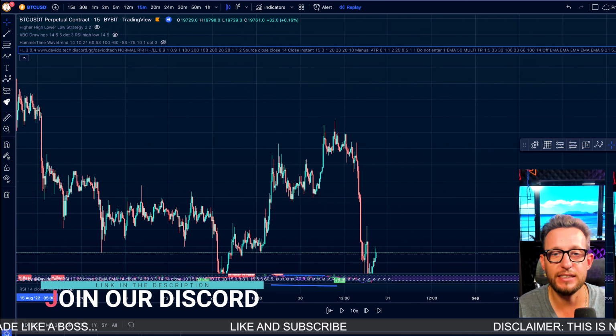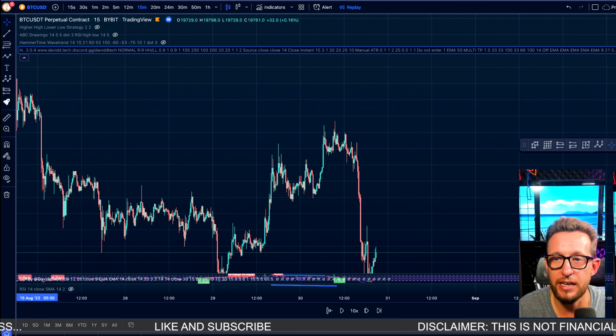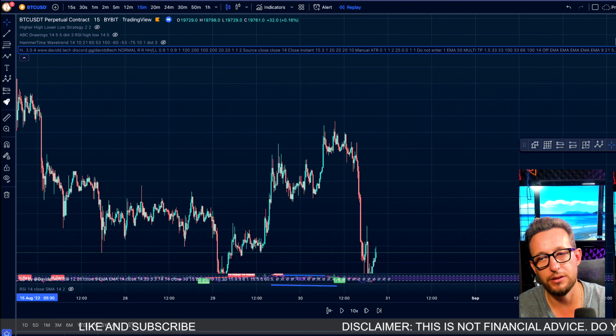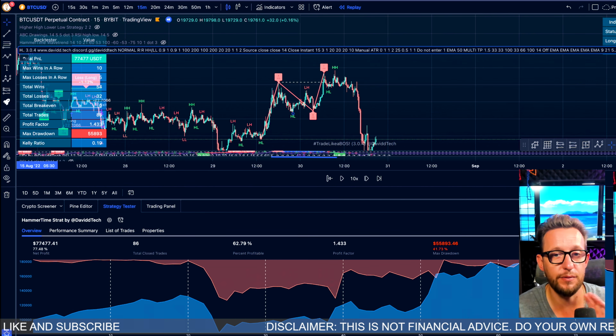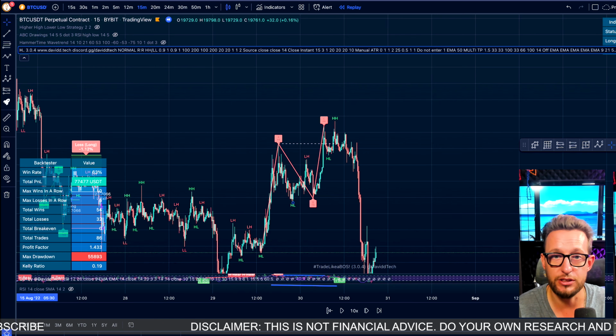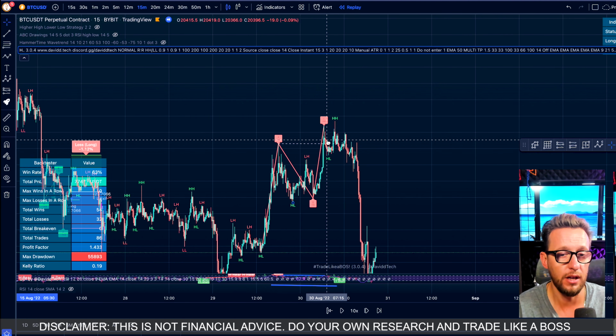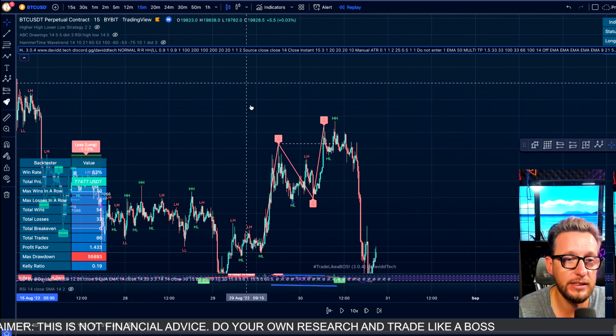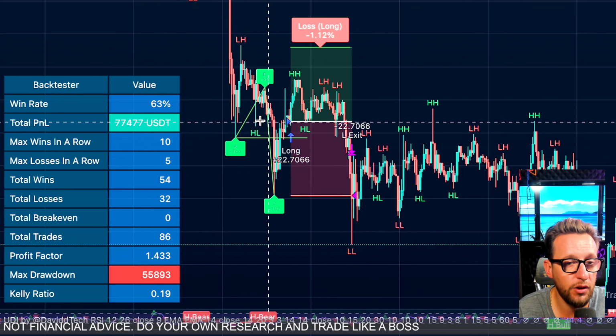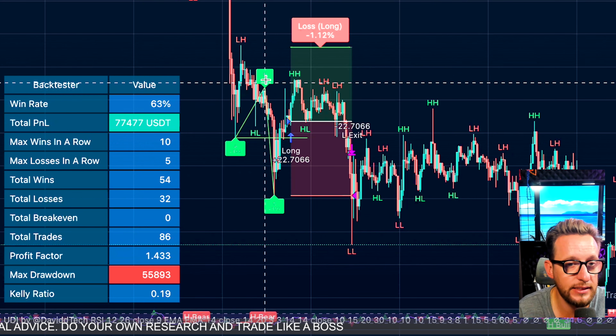So the idea is we have the ABC patterns, and this is really just to prove to you that trading and waiting for the actual trading strategy to play out is actually better than just jumping into every single divergence that you could find. So as you can see, the indicator actually finds the ABC patterns just like this, ABC,